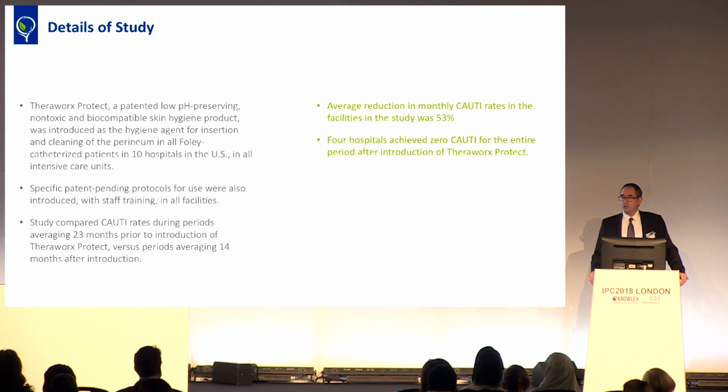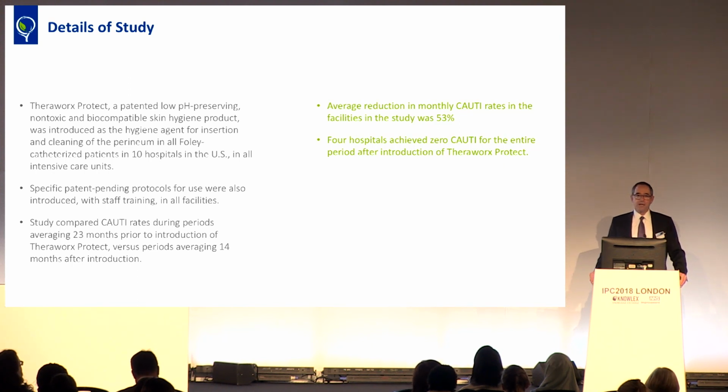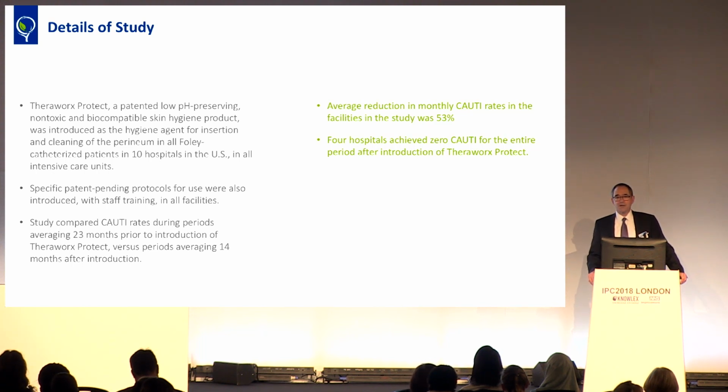And then the average reduction, as I said, in monthly CAUTI rates in the facilities in the study was 53%, and 4 of our hospitals achieved 0 CAUTI throughout the period of post-implementation. So a pretty strong result. I think from what we've heard here in the UK, CAUTI continues to be perhaps the most challenging infection to produce strong reductions, and we are seeing tremendous success with our product in this application and other infection prevention